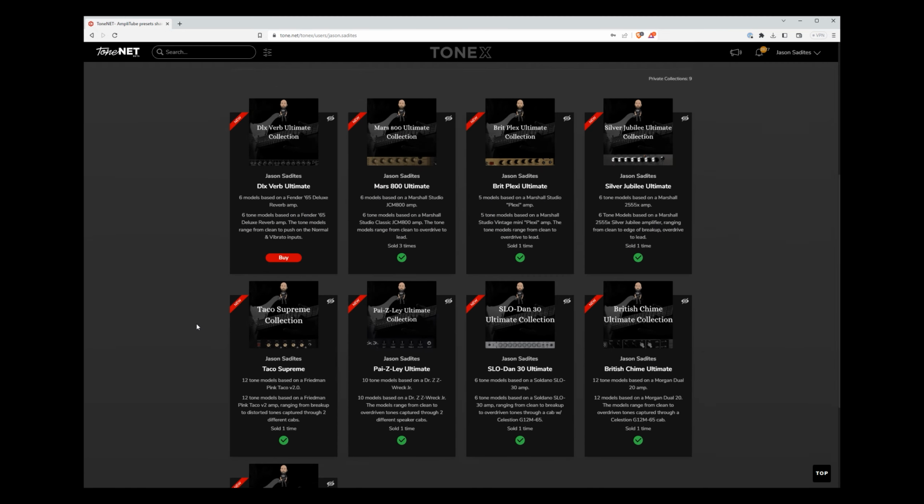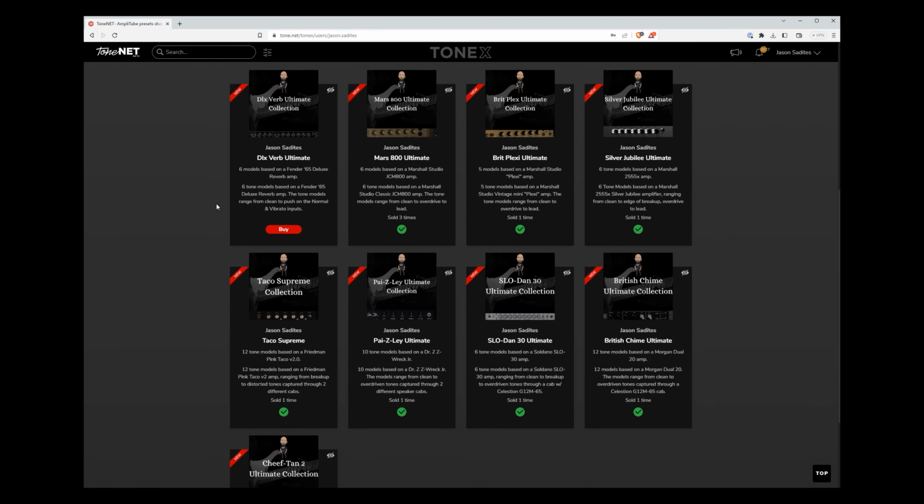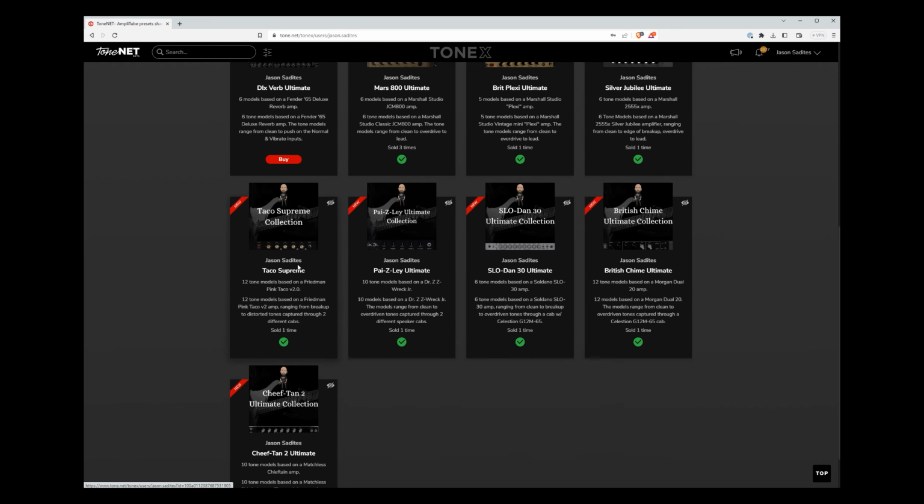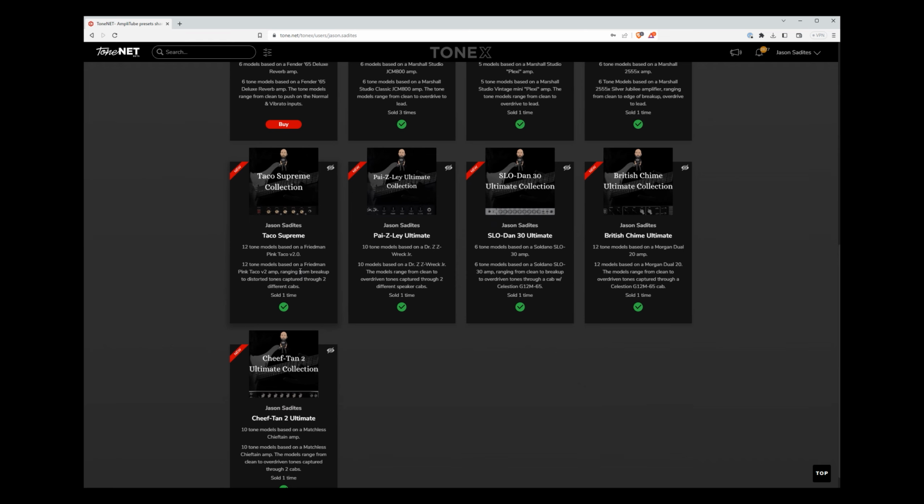Now, as far as the collections I'm going to have available today upon launch, I'm going to have a Deluxe Verb Ultimate preset collection based off of a Fender 65 Deluxe Reverb, Mars 800 Ultimate, which is going to be based off my Marshall Studio Classic JCM 800, Brit Plexi Ultimate, which is going to be the Marshall Studio Vintage Plexi amp, the Silver Jubilee Ultimate, which is going to be based on a Marshall 2555X amp, the Taco Supreme Bundle, which is going to be based off of my Friedman Pink Taco version 2, the Paisley Ultimate Collection, which